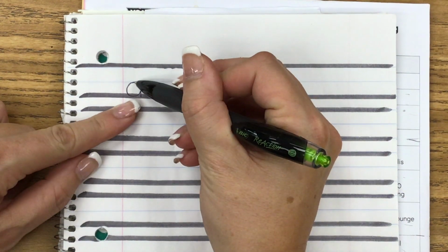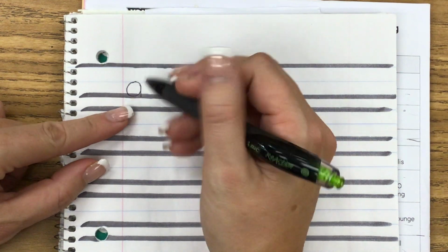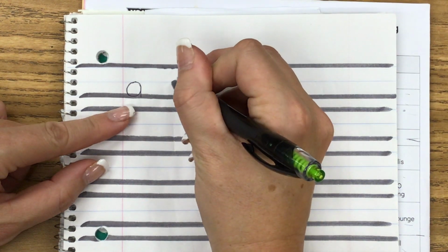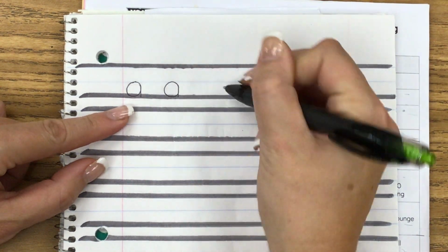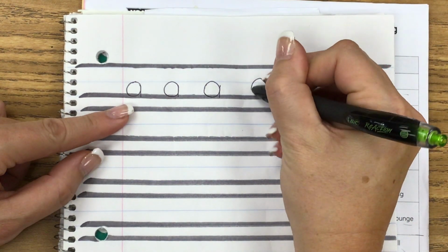Ah. Double checking that your A is touching the dotted line. We don't want a little tiny baby A, and it's touching that bottom line. Ah. And make sure,